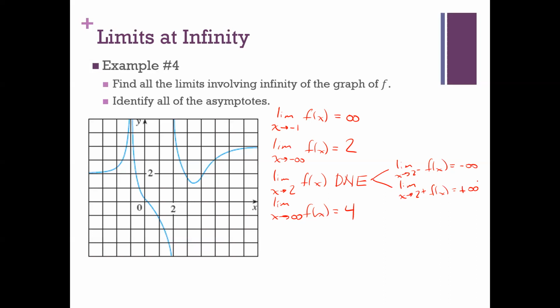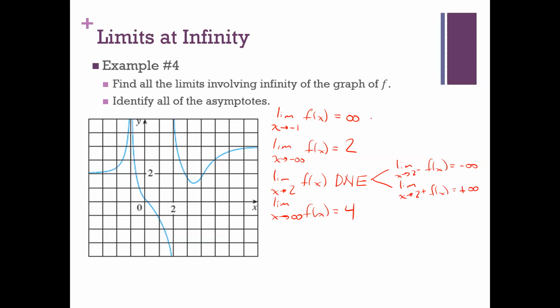All right. So for every one of these limits involving infinity, these kind of go hand in hand with an asymptote. So this first one, as x approaches -1, the limit's infinity. Yes, if I say the limit is infinity, that still means it doesn't exist. Let me say it the more positive way. I can talk about how it fails to exist, but when I say a limit exists,